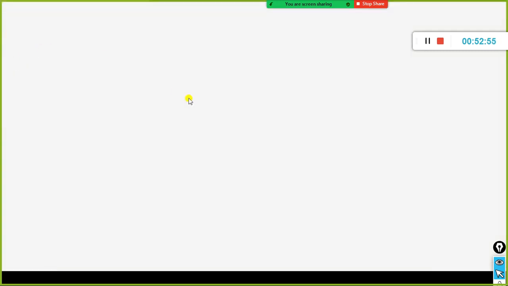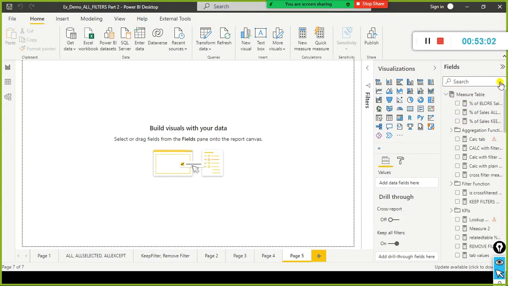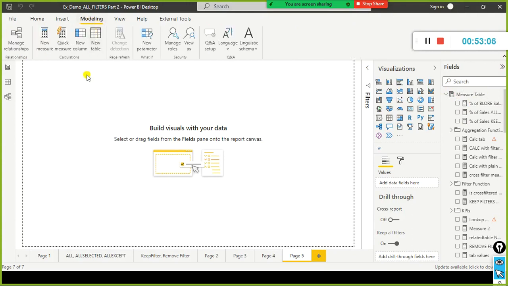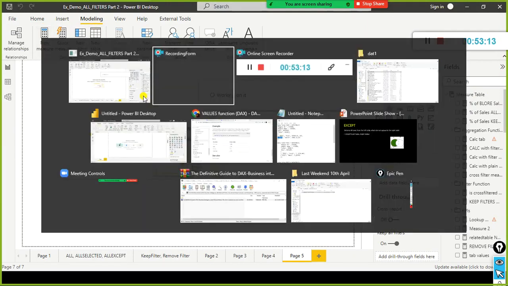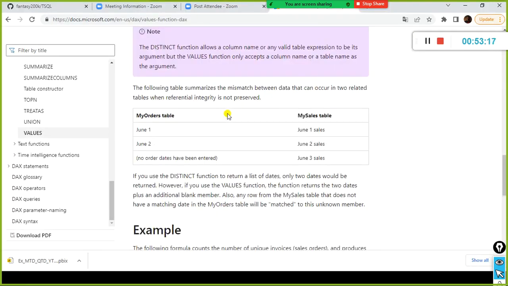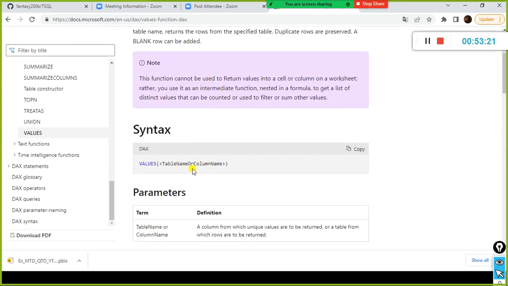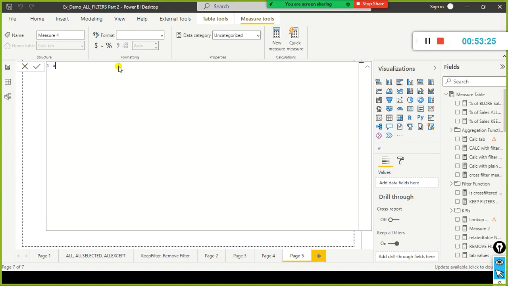I just go here. The values function takes the column name also as an argument, right? So here, table name or column name, you can specify both. So the values